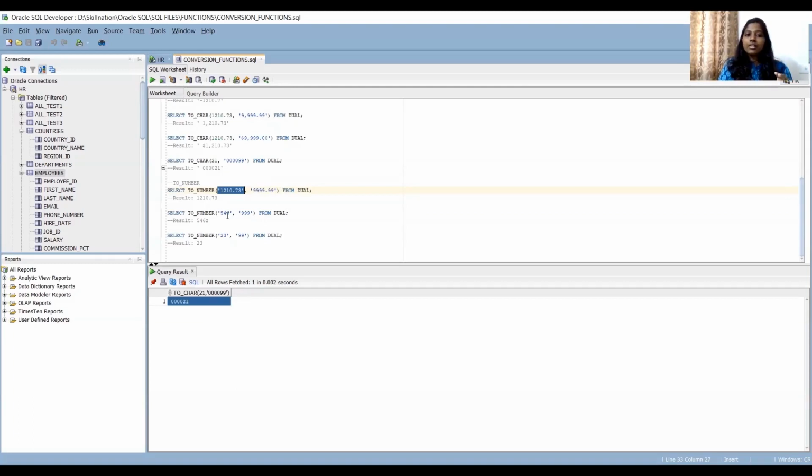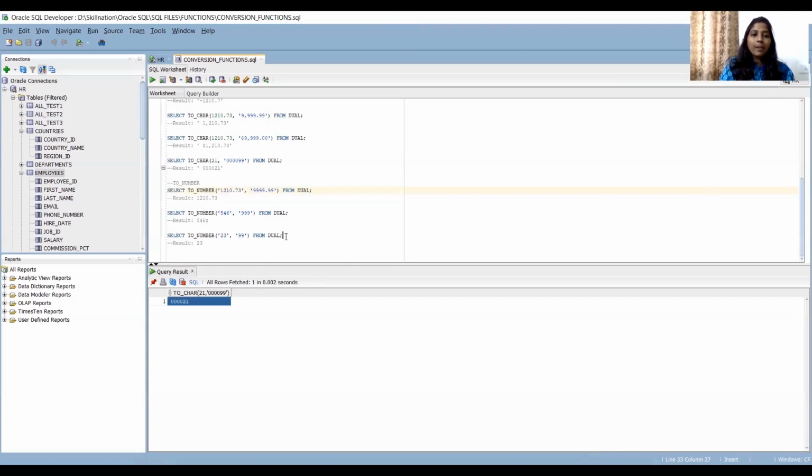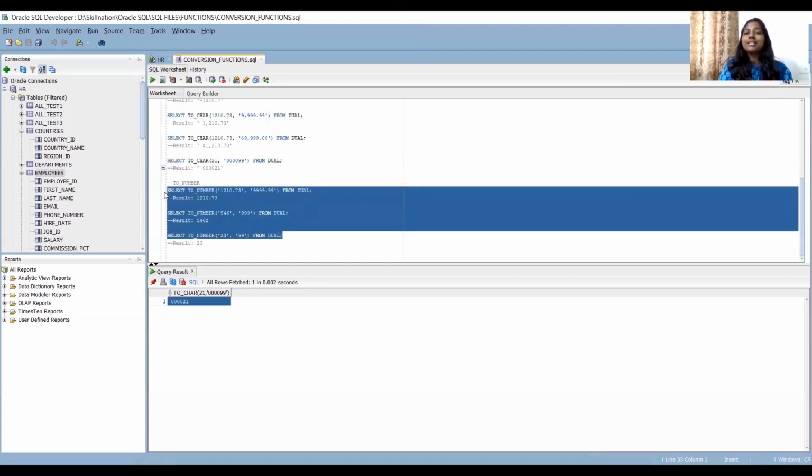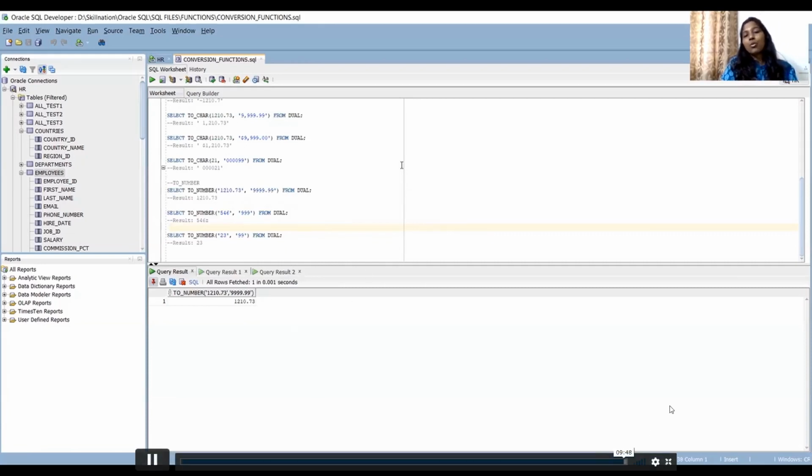Okay, so 546 is 3-digit number, 23 is 2-digit number. So that's why we are giving the format. You understand the string value like this and you converted it and then you store it as a number format. So the result will be the same, like 546.23 and then 1210.73, but actually the type of the data is number because we have used to_number functionality. So that's all about the conversion function. So we have finished all the 4 types of functions. Let's go on to the next topic.